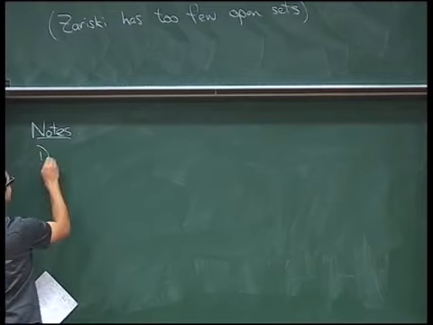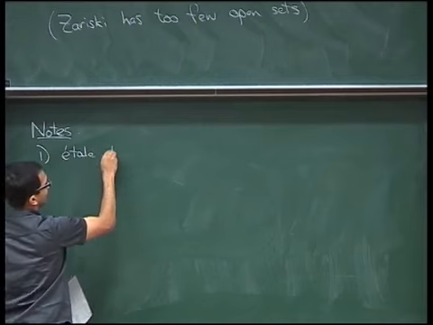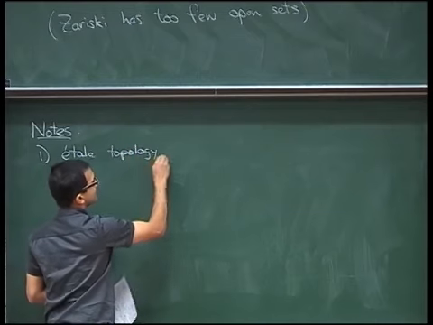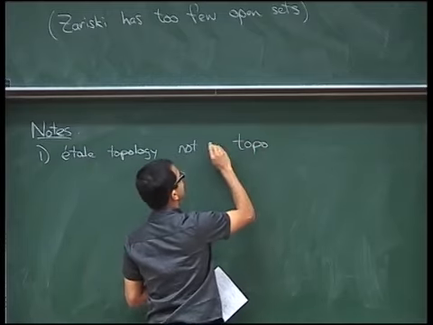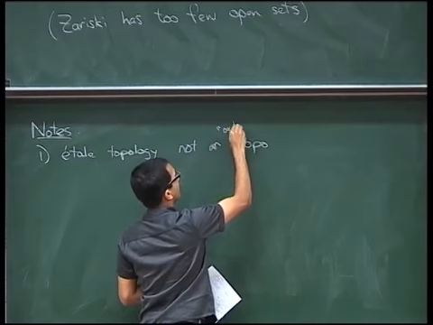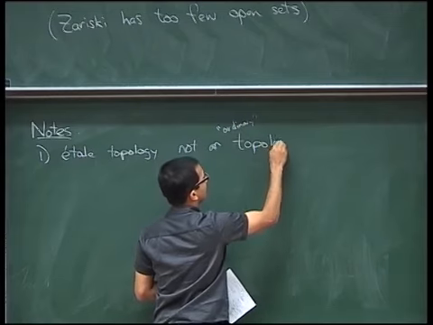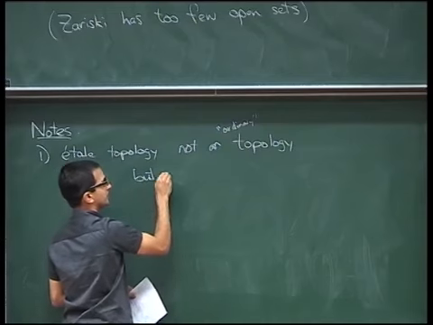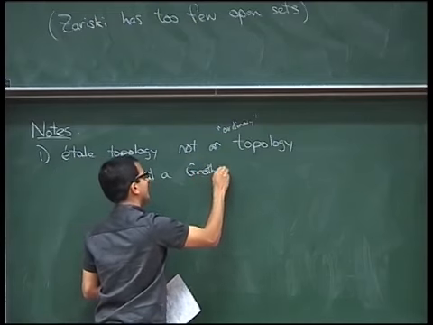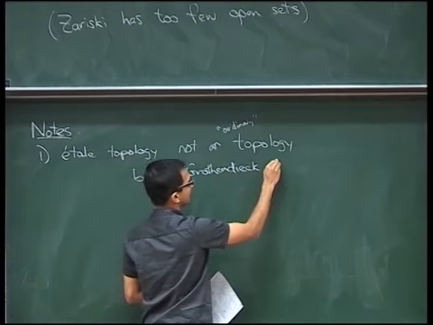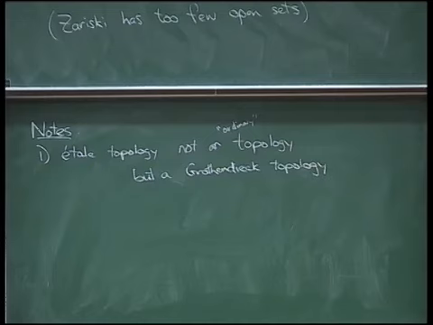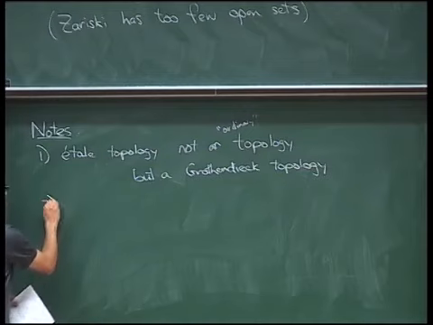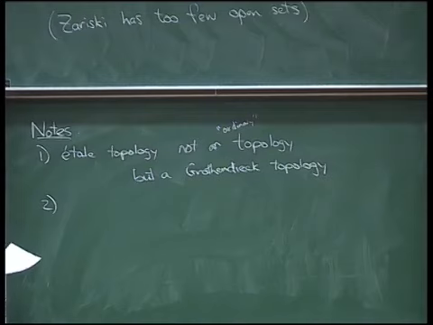So I'll just make a few comments about this. So one is that the étale topology is not an ordinary topology. It's instead something called a Grothendieck topology. But at any rate, there's some notion of open set in this topology, which is a little bit different from what you have in ordinary topologies. And then once you have a notion of open set, you can try to write down a definition of sheaf with respect to it. And then there's a second complication, which is that